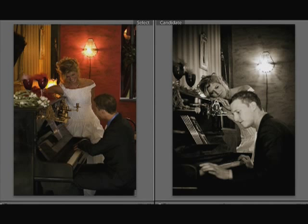So if you have a shot, if you are working with a couple, think of if you see a location, think of a concept. What can they be doing in this location? For example, the groom here playing the piano, she's listening to it. But how can you mix it up? Well, she can be laughing with him, she can be having fun, but also she can be just enjoying it. She can be a little bit dreamy, looking at him, and mix things up, experiment a little,